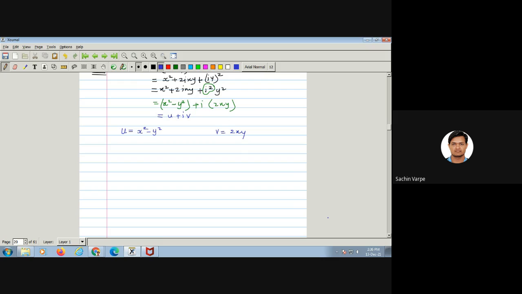Right, so we have already checked whether this function is analytic or not. It satisfies the Cauchy-Riemann equations: ux is equal to vy and uy equal to minus vx. Therefore it is an analytic function, and actually this is a polynomial function, so it is analytic everywhere. Okay, so let us now investigate how the images in Z plane map to images in W plane.